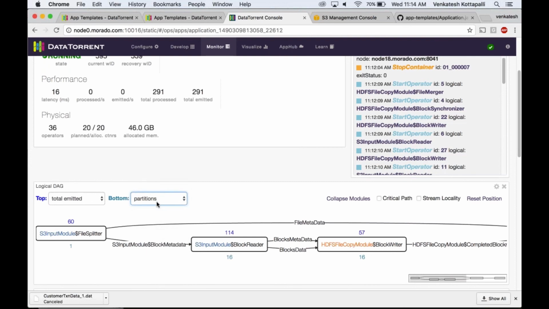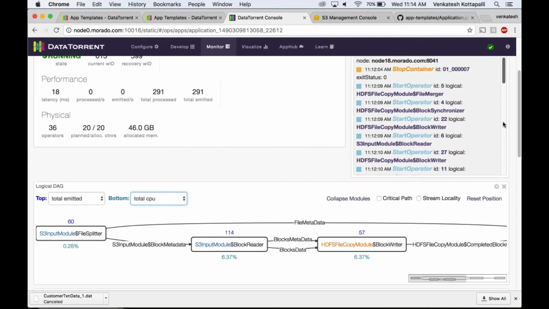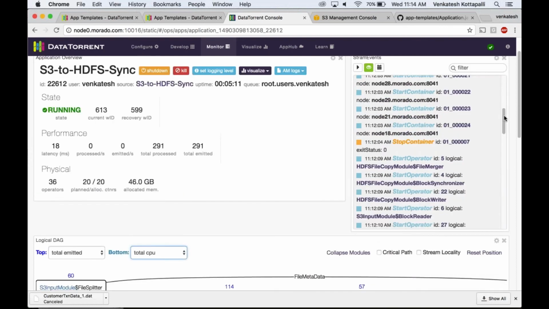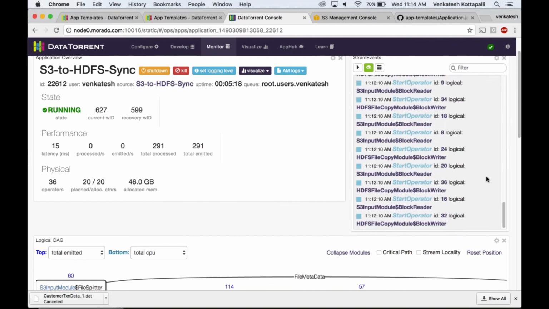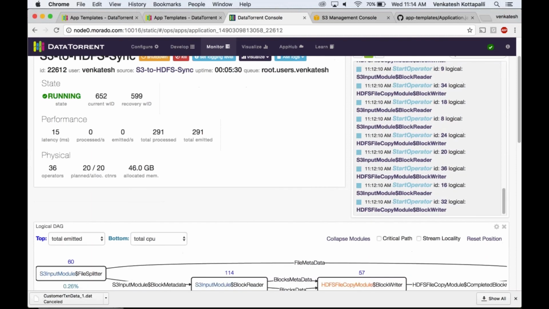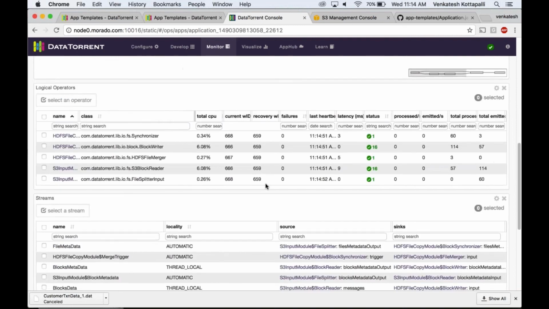You can see the CPU utilization from this place. You can see the total processed per second, latency, and there is this stram events which explains the lifecycle events of the operators. If there is an operator failure, you will be notified here. If there is a new instance of an operator getting restarted, you can see it here. So basically all the lifecycle events will be notified here under the stram events. So there are different parameters that you can monitor here. You can go through this section,